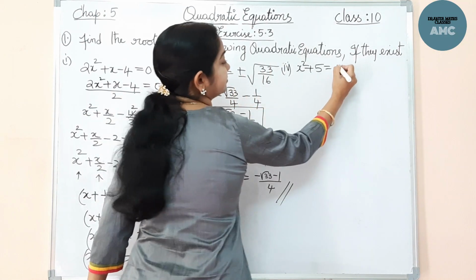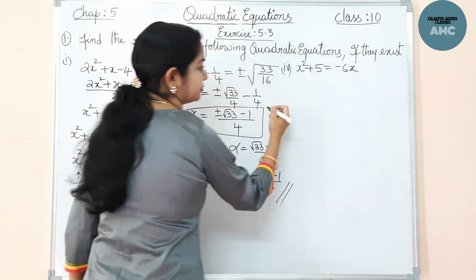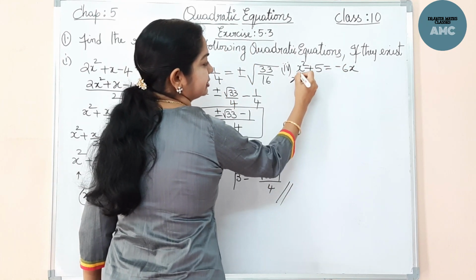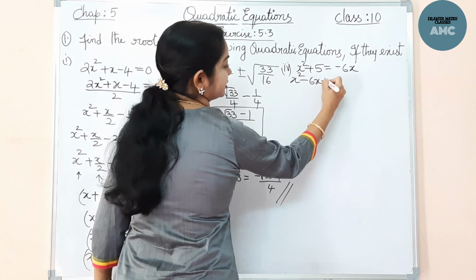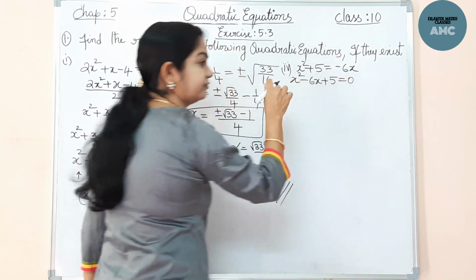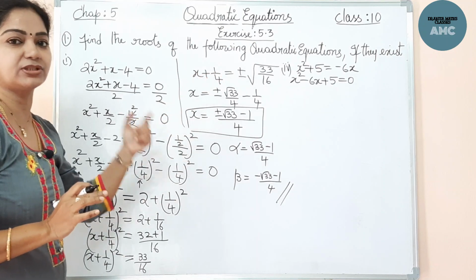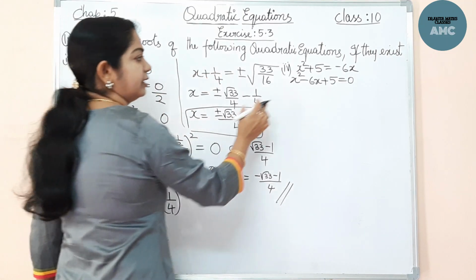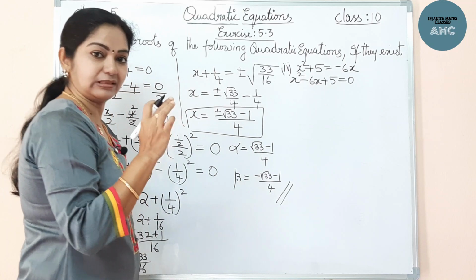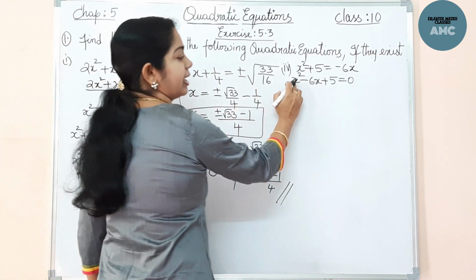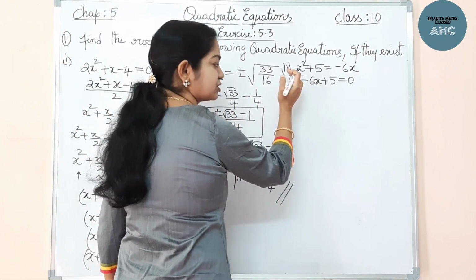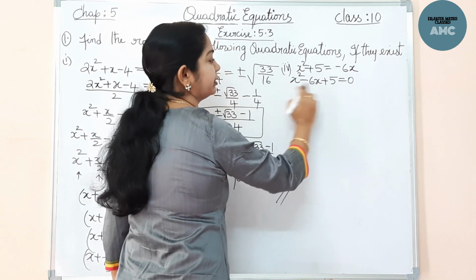The fourth problem. Let's do it. Now shift this here, x square minus 6x plus 5, in the descending order of the powers of x. So that means we are bringing the quadratic equation in a standard form. Now here, the first step of the completing square method is that you have to make the x square coefficient 1. So it's already there. It's 1. No need of dividing.